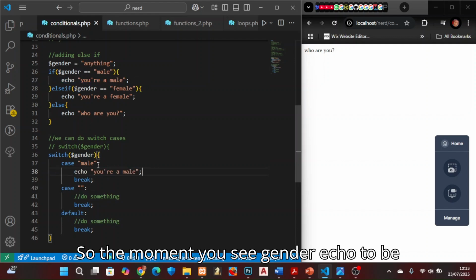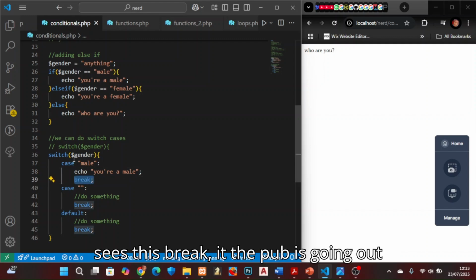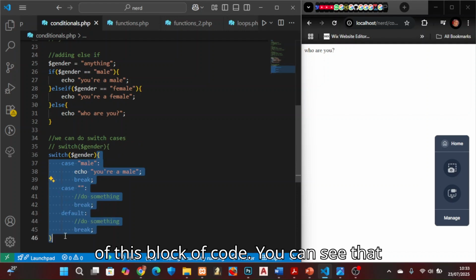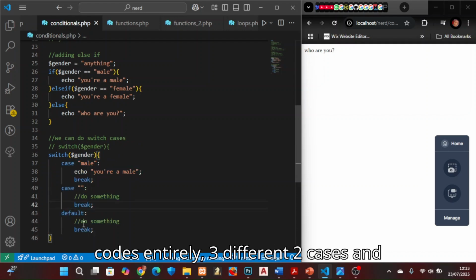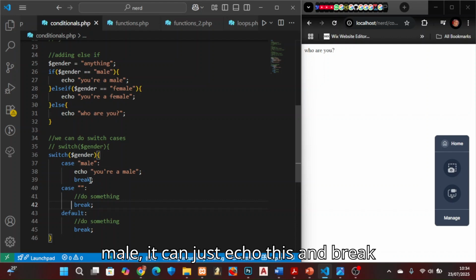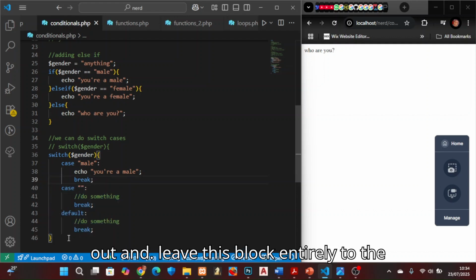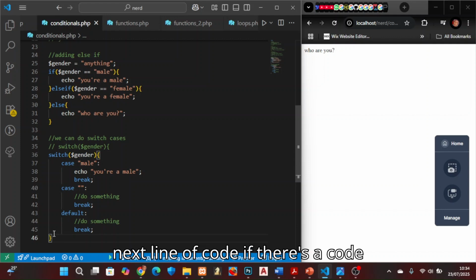So the moment you see gender to be male, it echoes you're male. Once it sees this break, it goes out of this block of code. You can see that the block of code contains three different cases, two cases and one default case. So the moment it sees male, it should just echo this and break out. You shouldn't go down to look at these other cases. You should just break out and leave this block entirely to the next line of code, if there's code